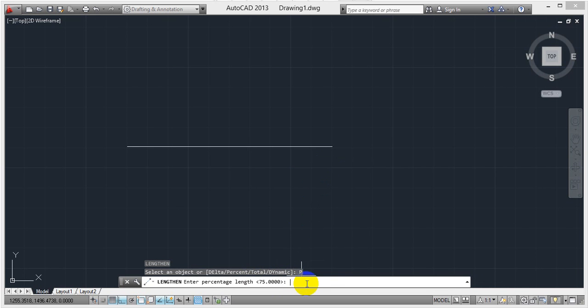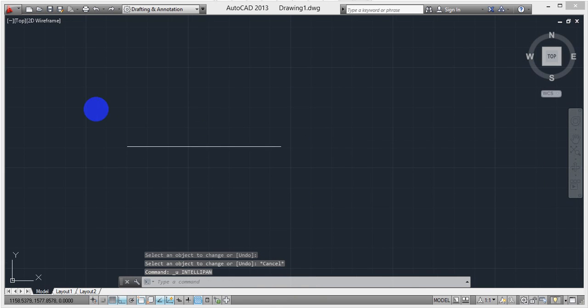Select plus symbol. Plus 75, enter, select this. But it's also taking as decreased, because from the total value it's taking as 100%. In that 100% only 75% is remaining, it means 25% is subtracted. That is the percentage one.